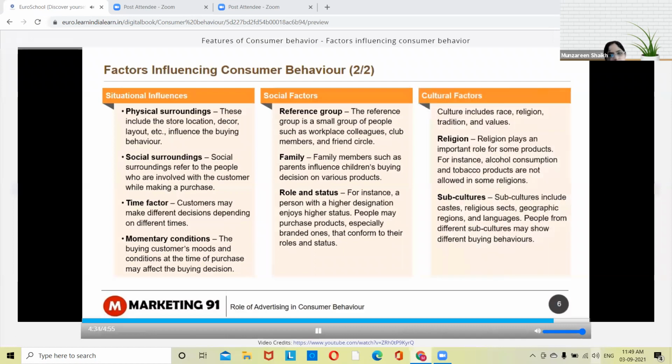Cultural factors include race, religion, tradition, and values. Religion plays an important role for some products. For instance, alcohol consumption and tobacco products are not allowed in some religions. Subcultures include castes, religious sects, geographic regions, and languages. People from different subcultures may show